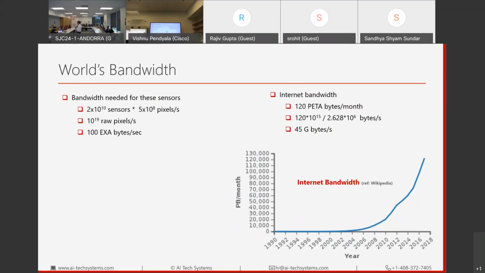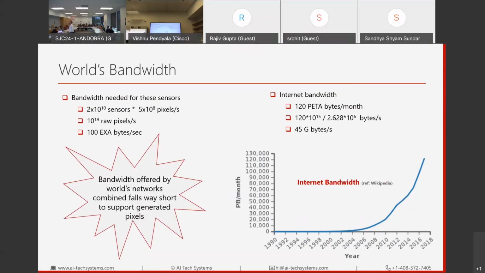And if we were to double our bandwidth every year, it will take 32 years to come up to what we need today. So this explosion, just the sheer number, tells you that we are way behind for what is required. So if this number impresses you, you might wonder where the bandwidth would come from. This 5G is not enough. People are talking about 5G, right? I mean, it's going to enable this, enable that. It's nowhere close to what is needed today, based on just the sensors that we are producing.